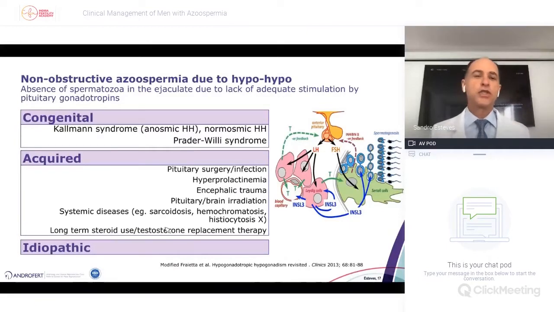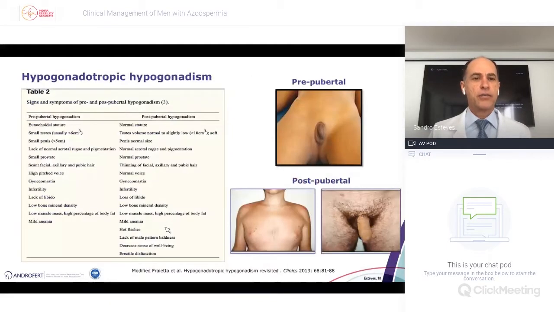Another important thing that you need to do during the physical exam and the medical history is to identify if the patient with hypo-hypo has this condition pre-pubertal